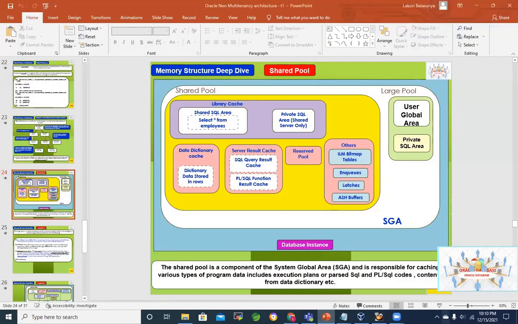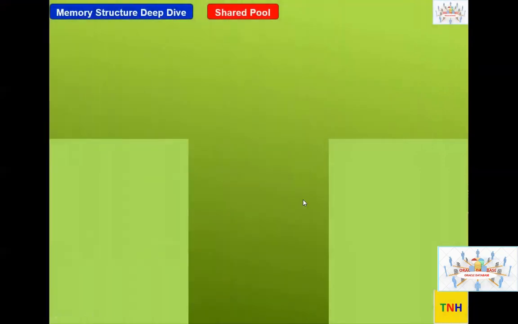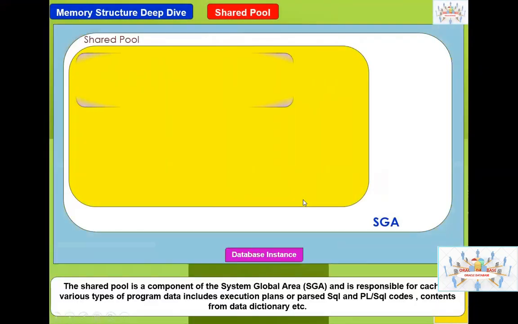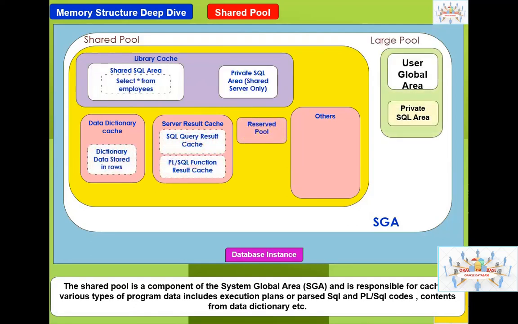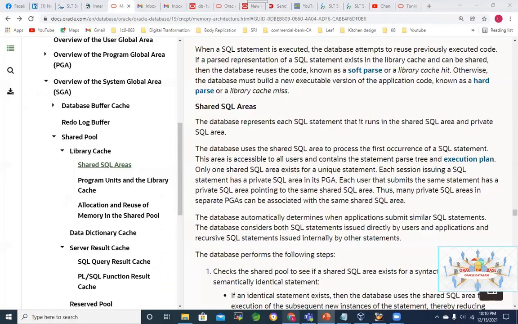Again, about the shared SQL area, we have discussed it earlier, under, remember, shared server architecture and program global area, I mean, PGA, dedicated server. So there also we have discussed this shared SQL area, and the documentation explains it as well. You can see here, shared SQL area.